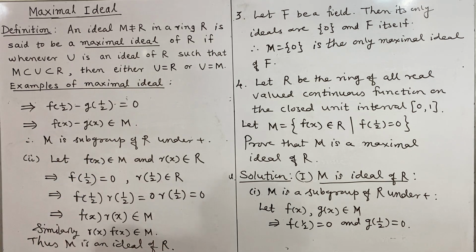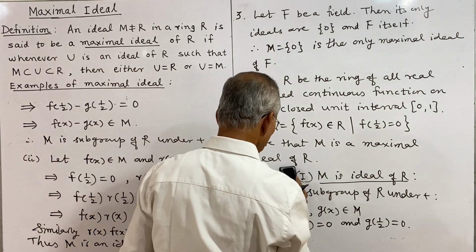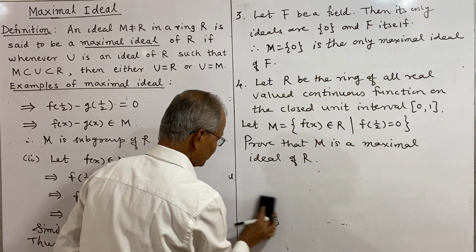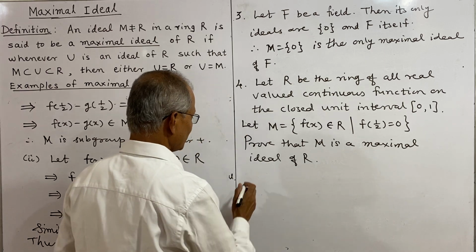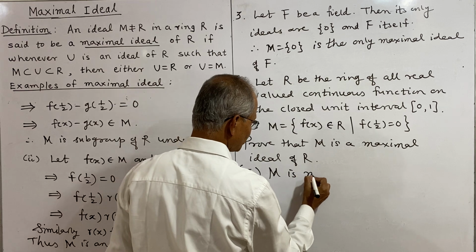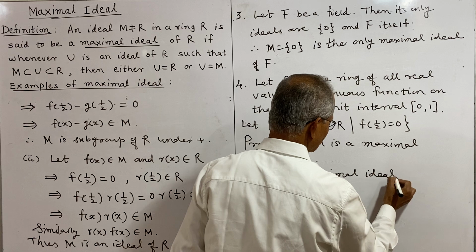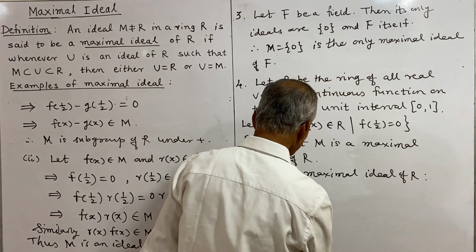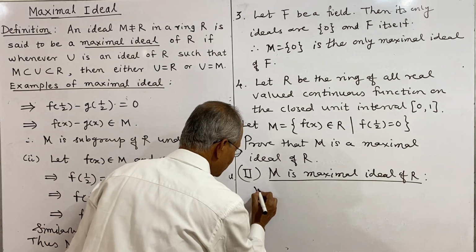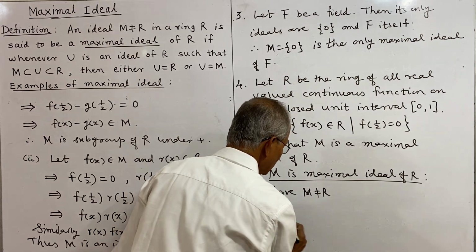Now what we want to prove is that it is a maximal ideal. And so the second case we shall consider as maximal ideal. Second, to prove M is a maximal ideal of R. First thing, we shall note that M is not equal to R. We have M not equal to R, since